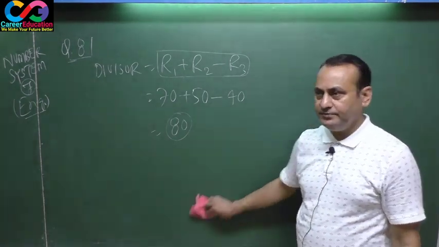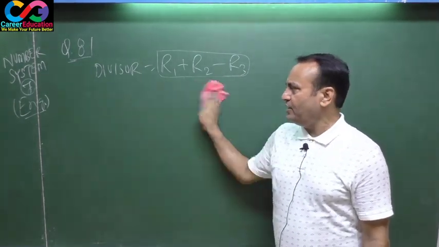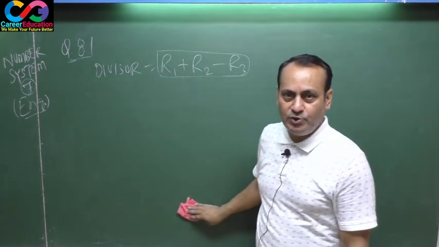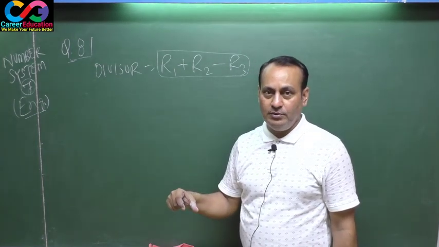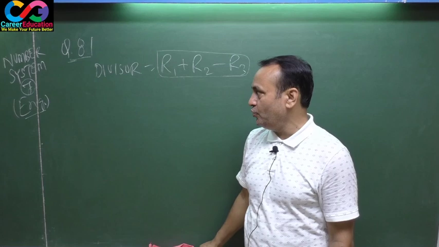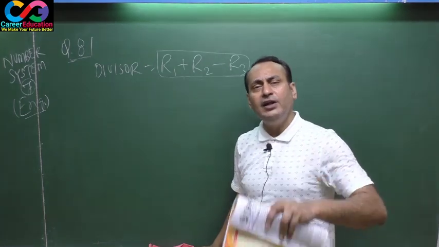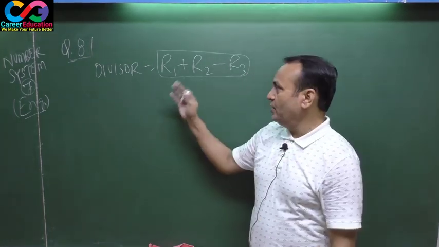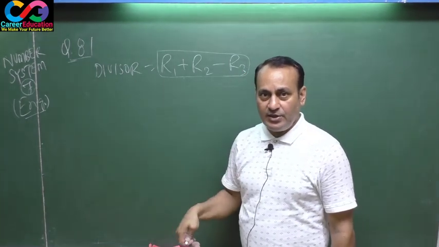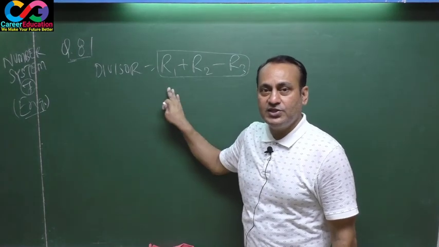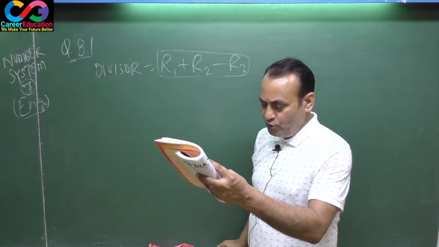Now come to the next question. The next question is totally based upon the same situation, but a bit of change has been made. In the earlier two questions, the divisor was to be pointed out by you, but in this question, the divisor is given, and the third remainder is to be pointed out. In prior questions you had these and got this one, but in this question you have these and you have to point out this value. The same formula would be applied. Firstly, go through the question.